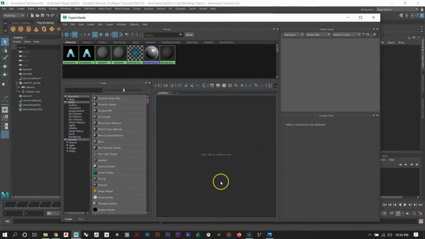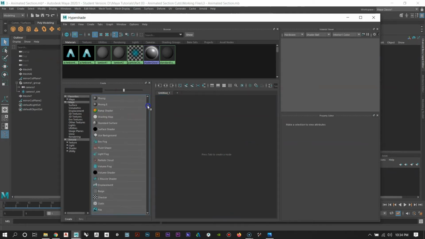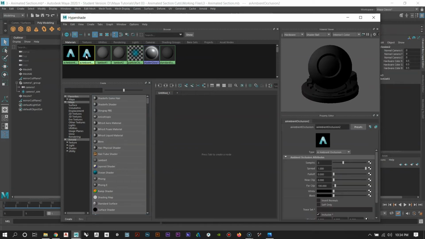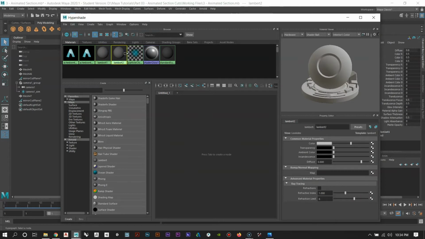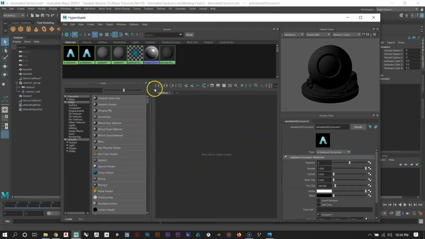This is where we start to create and edit materials. These are your list of different kinds of materials. There's a ton of stuff here. We're not going to get into most of it. It's just a couple things we're going to grab in order to produce this kind of custom material. And then over here is a preview of material, so you can select one of these and it's going to pop open a preview. And then down here are the attributes or settings for each material that you have popped open. Okay,